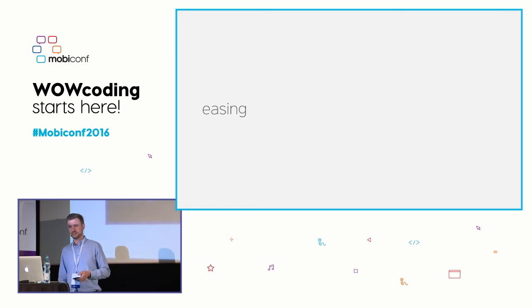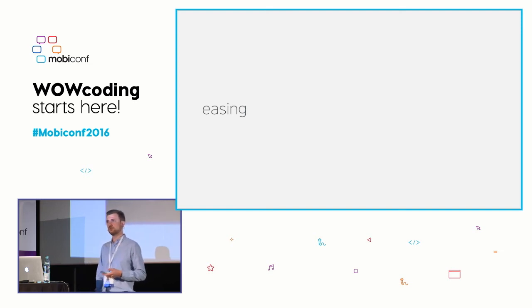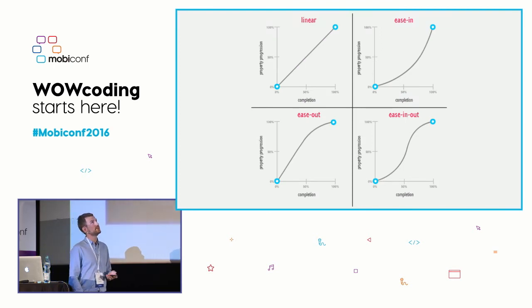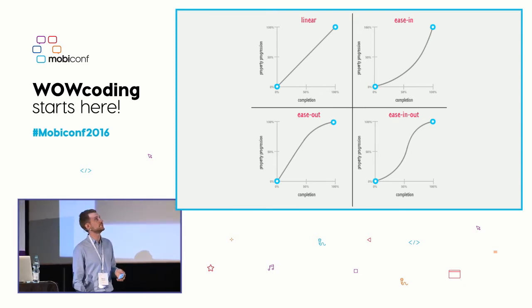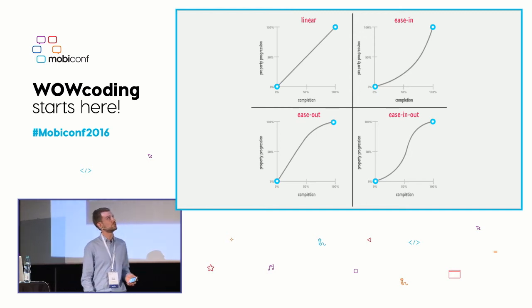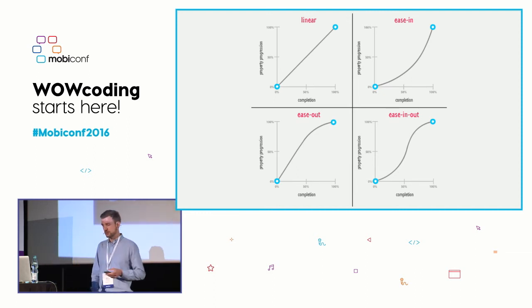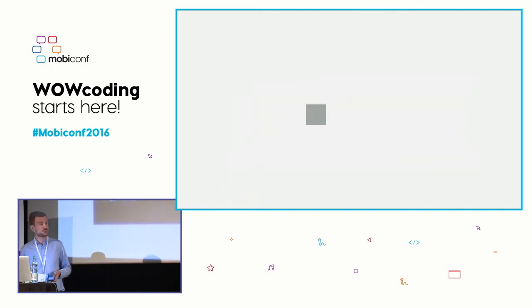The third principle here is easing. Motion design appears more natural when it's moving smoothly, when it accelerates and decelerates. Probably you're familiar with that, but if not, I'll quickly explain. In the bottom left corner, the vertical axis is the changing of a property, and the horizontal is the time. So the property changes fast until it reaches about 50% of the animation, and then it slows down, so it decelerates. Comparing to the linear animation,